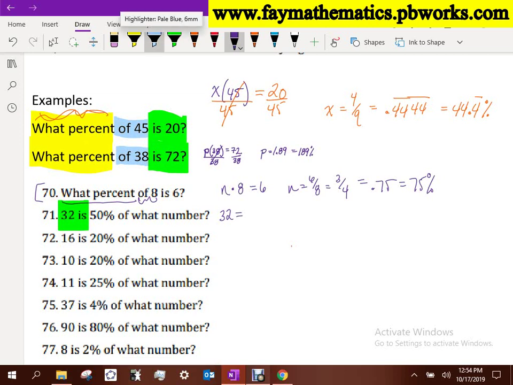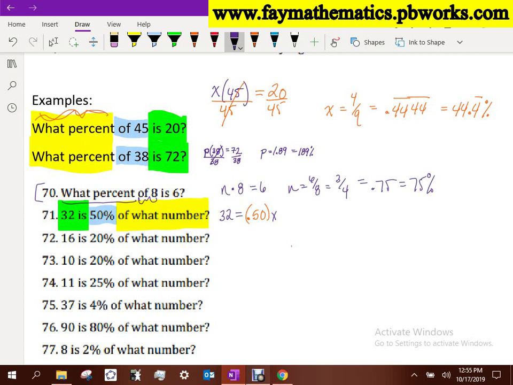So now it says 50%. What's 50% look like if I'm going to use algebra? 0.50. Or if you want to use just 0.5, that's fine. But now it says of what number? Okay, there's my x. Or n, or whatever variable we want to use, right? But the word of means to multiply, right? So now we have that algebraic phrase: 32 is 50% of what number? I don't know what number. So now I'm going to multiply both sides by,